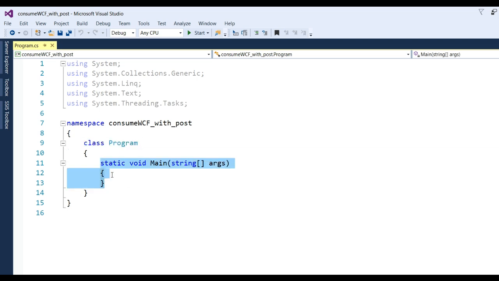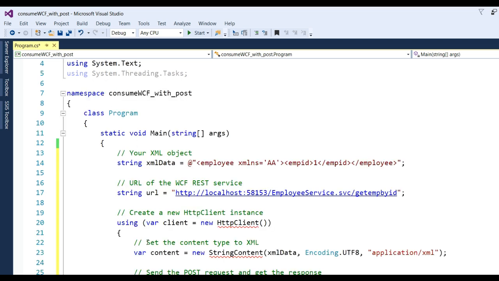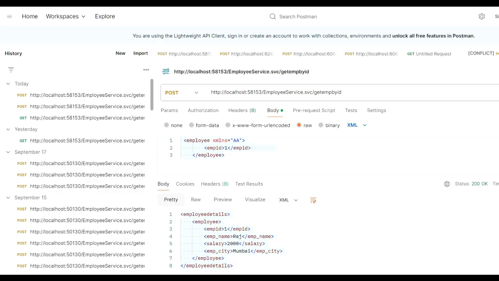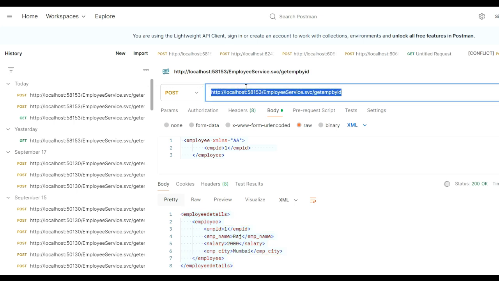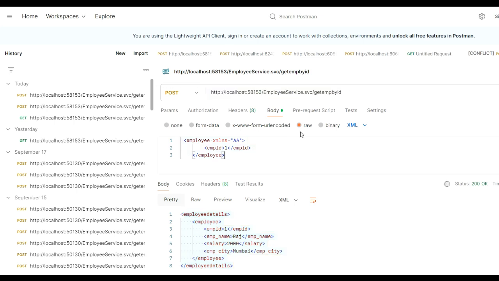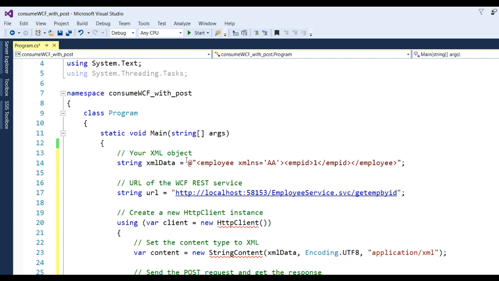When you run this console application, your Main method will execute the code. Let us understand how we can consume it with the POST method. First I am passing the parameter. Here in Postman you can see this is the URL, and consider the raw data body, take XML, and then emp XML with xmlns equal to double A, and emp ID, you can see 1, is the XML tag you are passing here. So I am putting it the same way, with xmlns as double A,